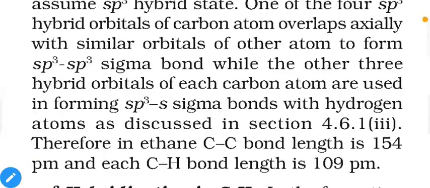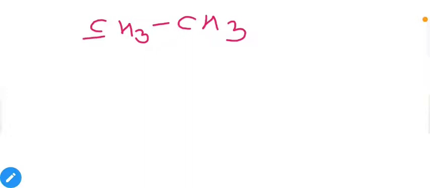So let us discuss this point in detail. As mentioned earlier, we can find the separate hybridization of each and every atom present in a molecule. Right now our example is the ethane molecule, that means we have CH3-CH3. So you can find the hybridization of both of the carbons as well as of hydrogen. Now let us talk about hydrogen. Hydrogen has a very simple structure and a very simple hybridization. Usually the hybridization of hydrogen is not discussed in any molecule discussion. But if you want to find the hybridization, then you can find it like this.